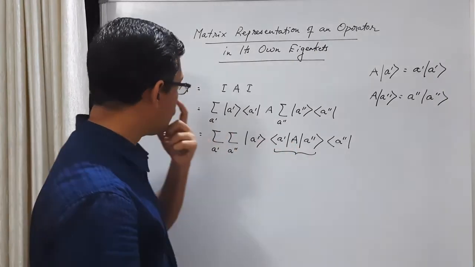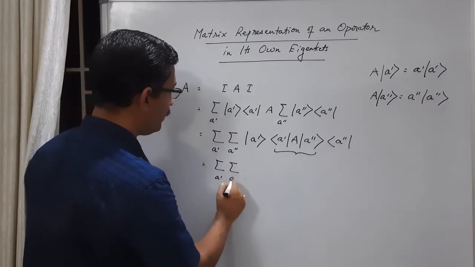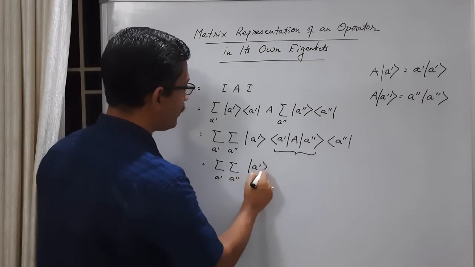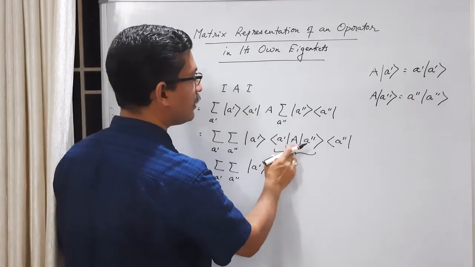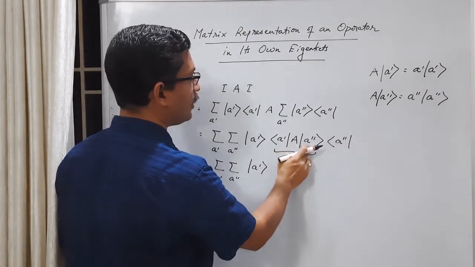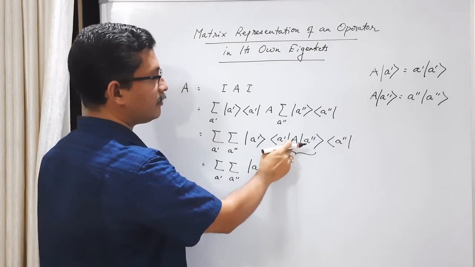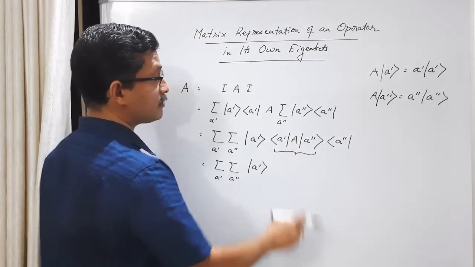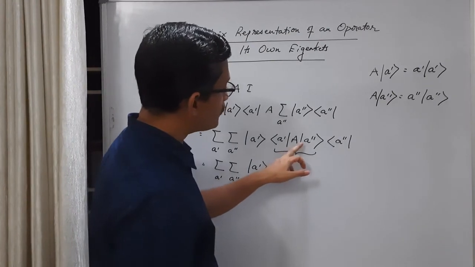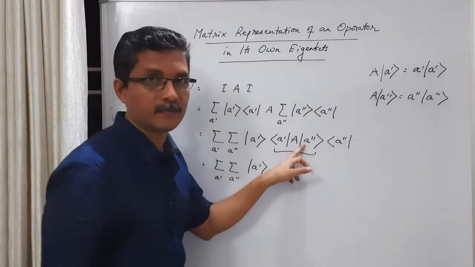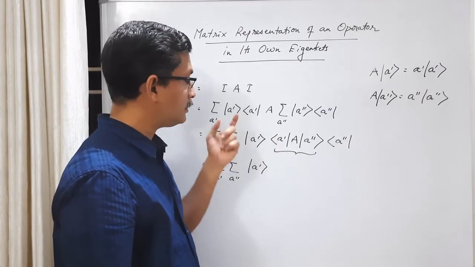Okay, so here I can put that: summation over A', A'', ket |A'|, and here you can write A'' into |A''⟩, where A'' is a scalar. Remember, this scalar comes from the ket vector side. So when you take it outside, there is no change. That is one way of looking at it.